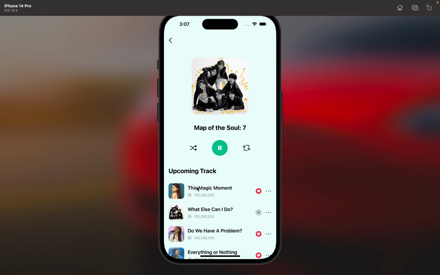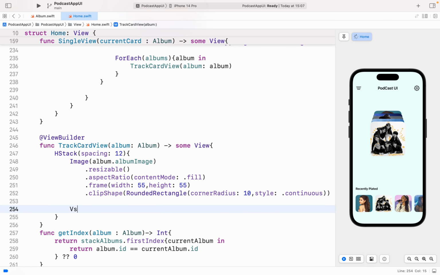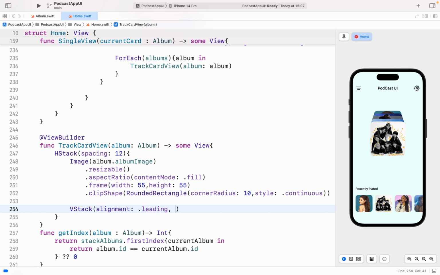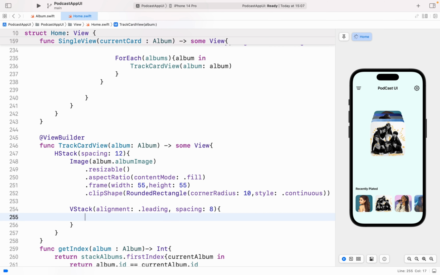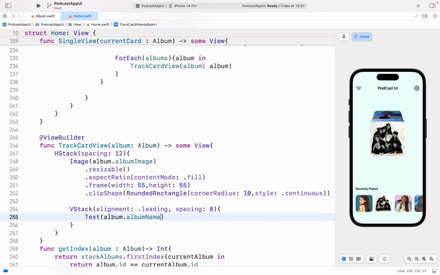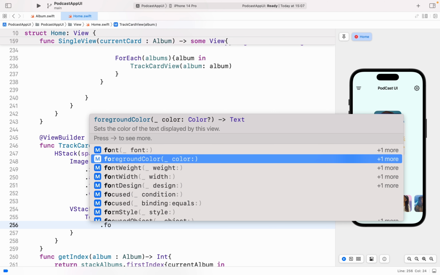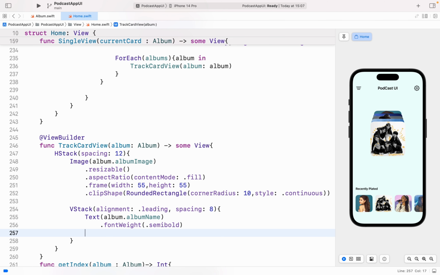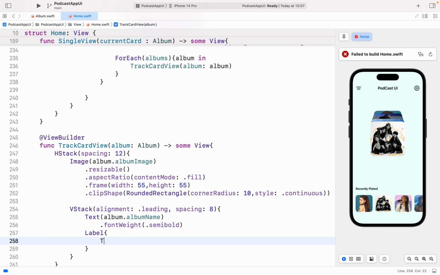We have a VStack here with these two. So we have VStack, and alignment would be dot leading, and spacing would be 8. So here we have a text, and album name, album name, and the font weight would be dot semi bold, and here we have a label, text,